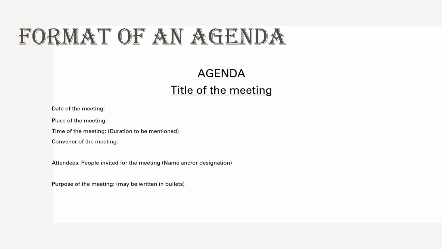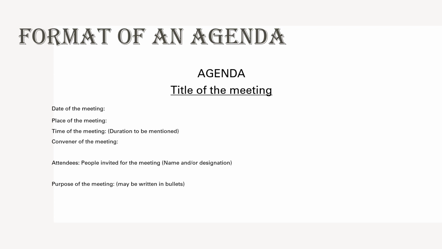So just to have that kind of ease, to help them schedule their own tasks in a better way, you need to mention the duration. A tentative duration will do here, that the meeting will start at 10 and will go up to 12 noon or 1 p.m. whatever, so that the person who's coming for the meeting has an idea of how long the meeting would go, and also how he or she would be scheduling the rest of the things that the person had in mind to be done for that particular day.